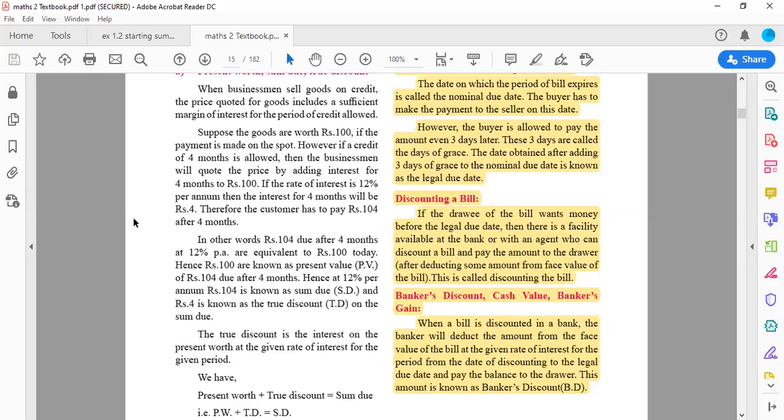So students, if you paid attention to the above example, they are telling you, if I am a buyer and I go to the shop and buy a product in cash, then I will pay only ₹100, that is on the spot payment. But if I tell that person, "I don't have ₹100 right now, give it to me on credit." Credit means borrowing.